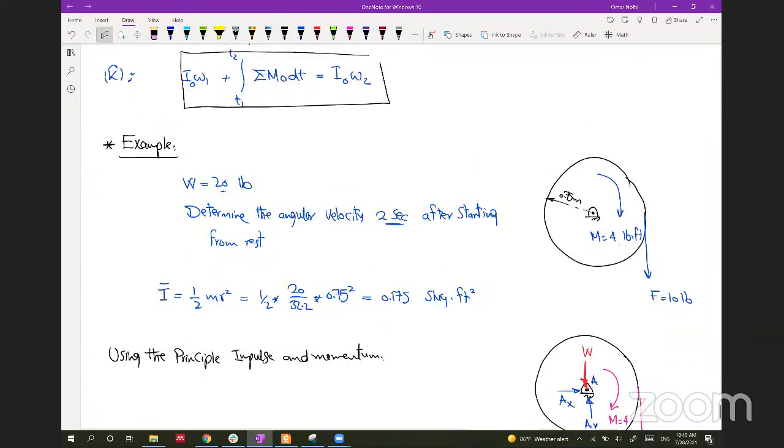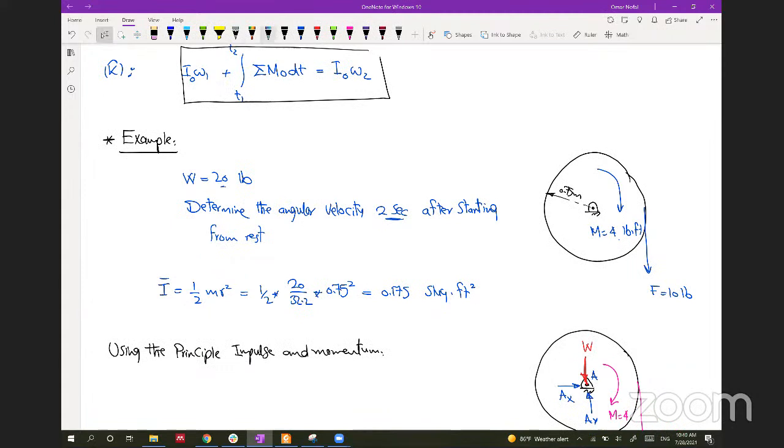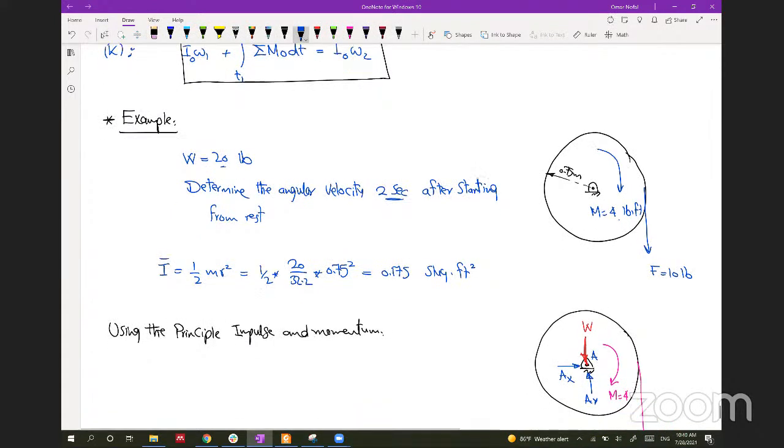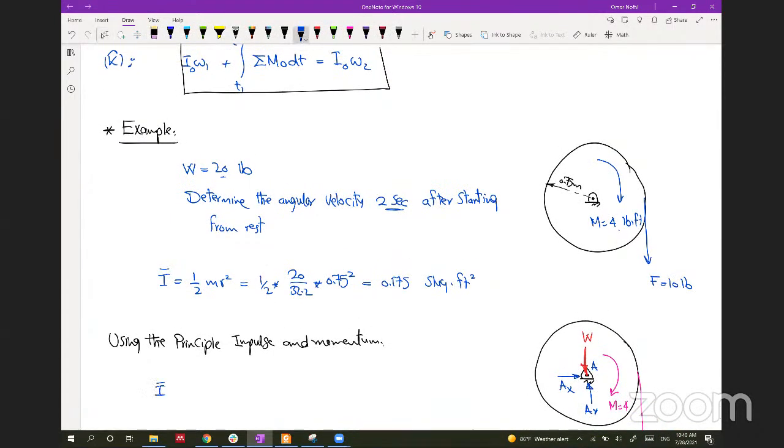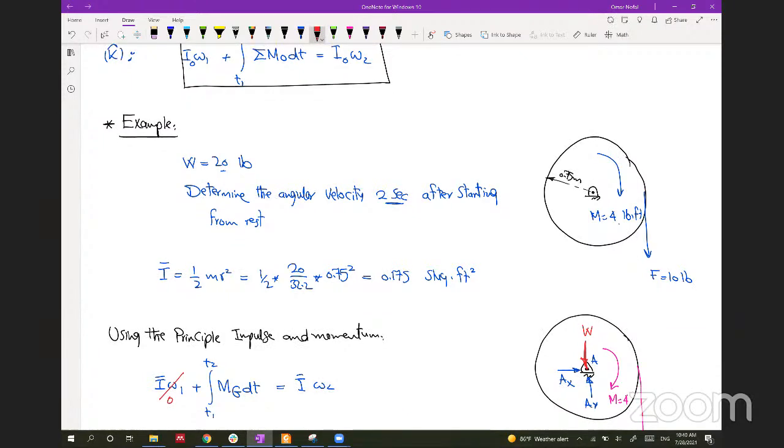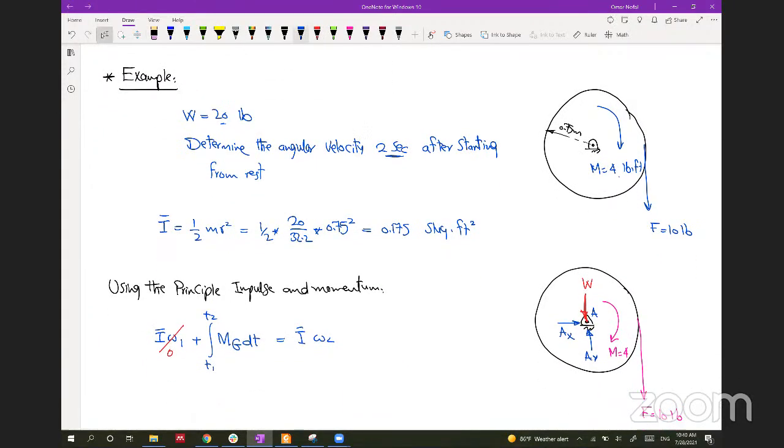And to get this one will be something like I bar omega 1 plus the integration of the M about G dt from t1 to t2 equal to I bar omega 2. Okay, we know that this body started from rest, so omega 1 will be equal to 0. And let's get the moments, and we will need to determine direction based on what I can see with